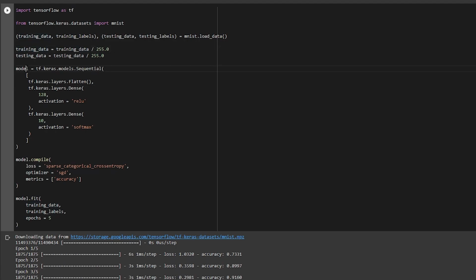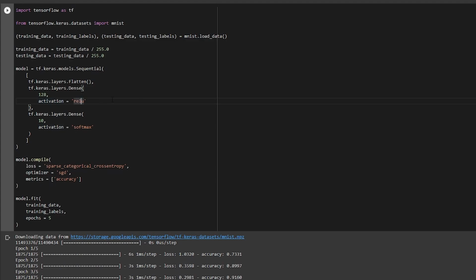Later on, I am initializing the model where I make a sequential model. Sequential indicates that it moves in a straight line, so it uses a feed-forward neural network. After that, I'm using tf.keras.layers.Flatten. Flatten is responsible for converting all of the values into a single one-dimensional vector. The images are 28 by 28, and it helps us flatten the entire thing. After that, I'm making a dense layer. Dense allows me to set the parameters for my neural network, which are composed of the hidden neurons. So I'm taking 128 hidden neurons, and after that I'll be using an activation function, which is ReLU.